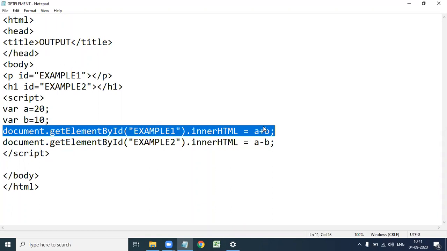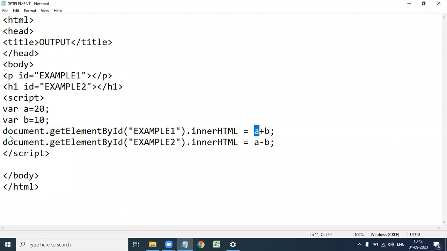Remember the point: it changed the HTML content of the element that has the ID selector equal to example1, with the a plus b value.